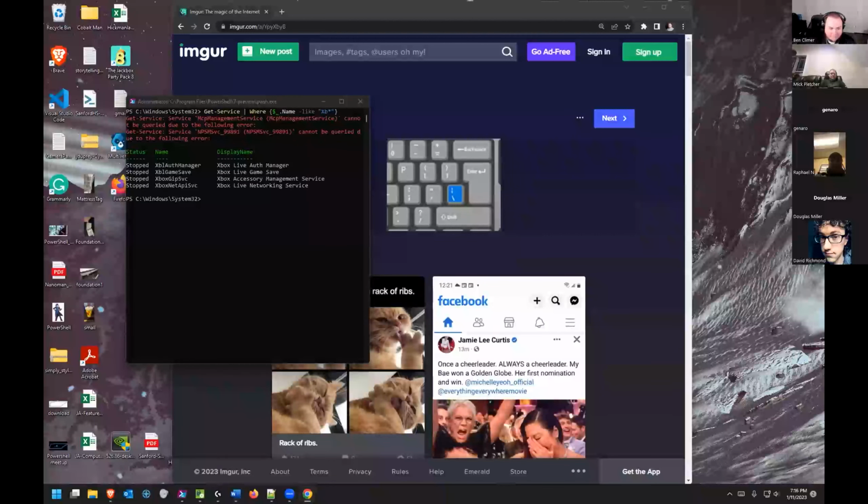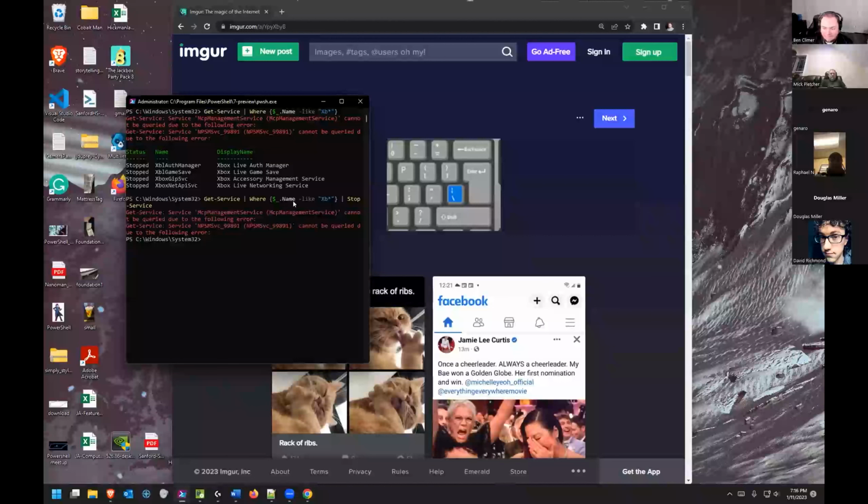And then the other thing I could do, if I had a single service, I would plug this in here and say where the service is like Xbox, stop the service. You'd have to do a ForEach, but high level, just kind of showing that you can pass these commands along through the pipeline more than once. So I took my service. If I wanted to show a better example, let me do one that's a single one. So like that,